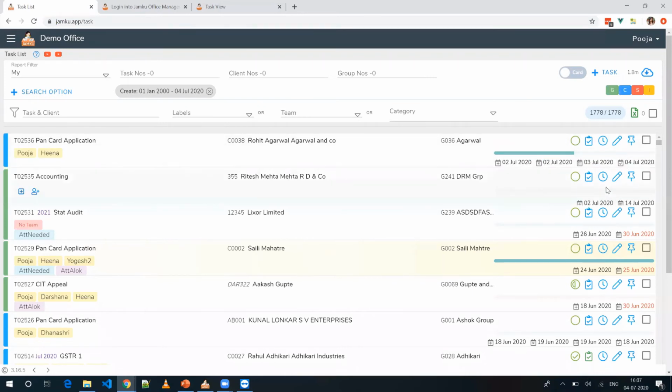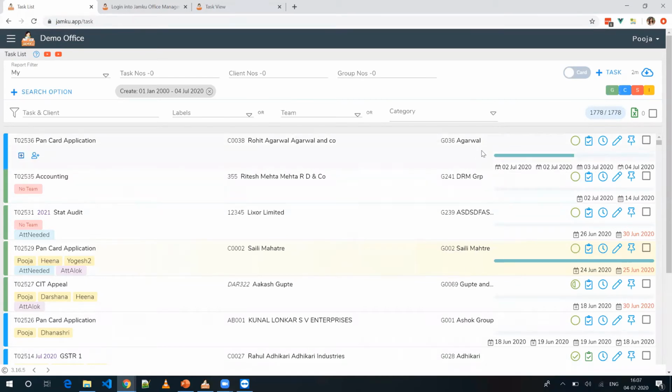So these 4 date options will be there for every task. Now, what are the things you see over here in a particular task? You can see the name of the task. Below the name of the task, you will find the names of the team members, again in yellow color, showing which members have been assigned this task. Beside the task, you will find the name of the client, and beside that, the name of the group. On the right-hand side, you will see these actionable icons. What are these? The first one, this blank circle, indicates the billing status, like whether this task is billed, left for billing, or partially billed.